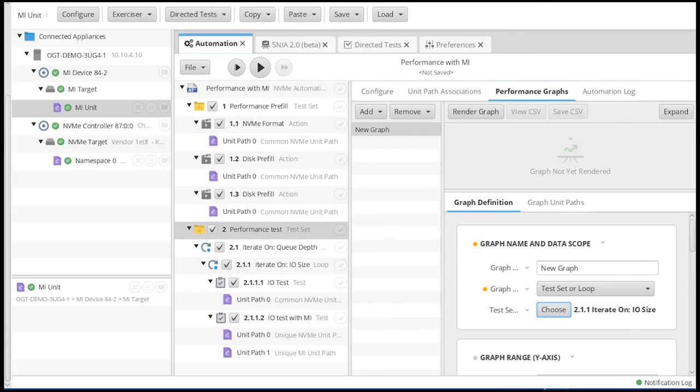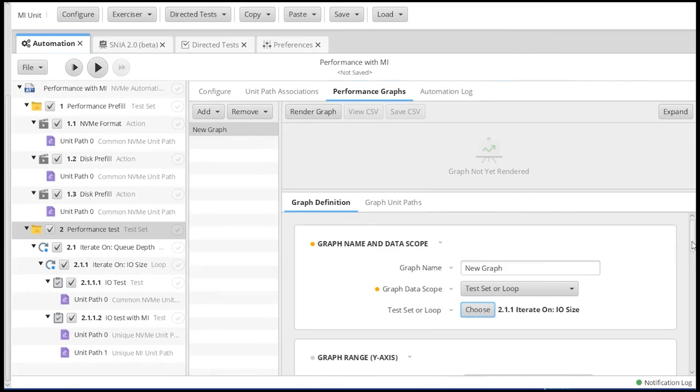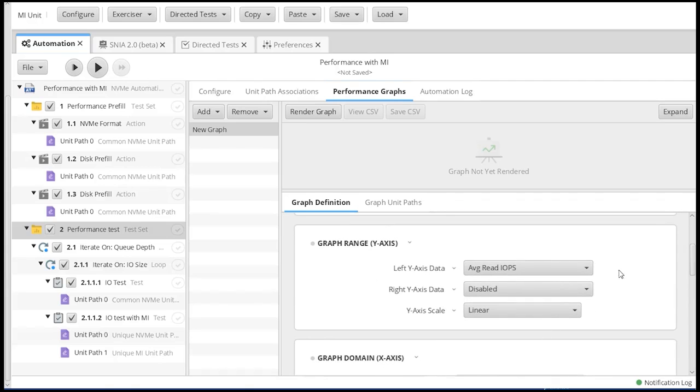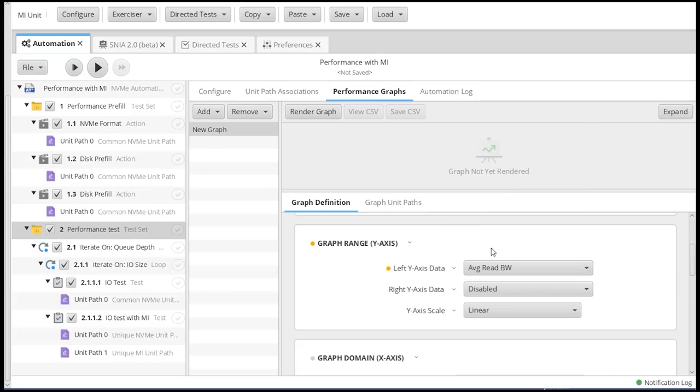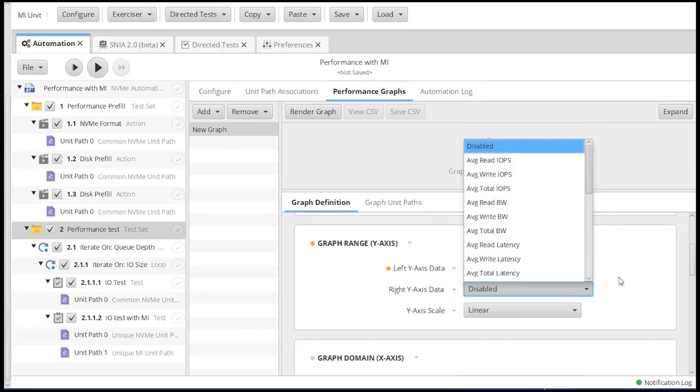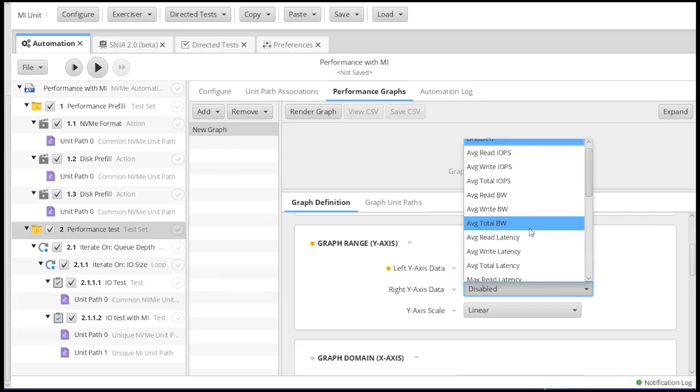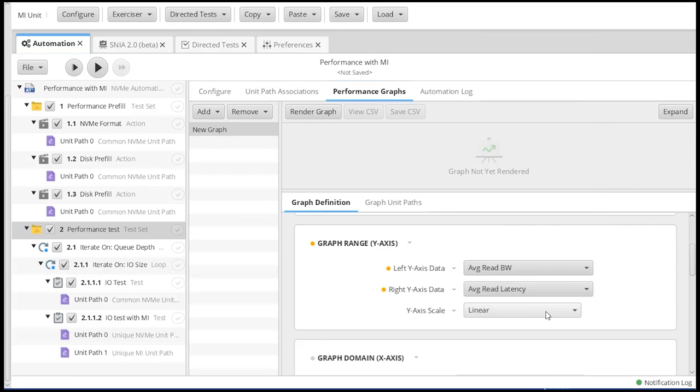and I am going to close that up so you can see what I'm doing better here. And for the left axis, we want read bandwidth. For the right axis, we want read latency. And these will be linear.